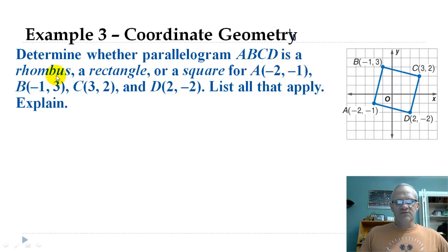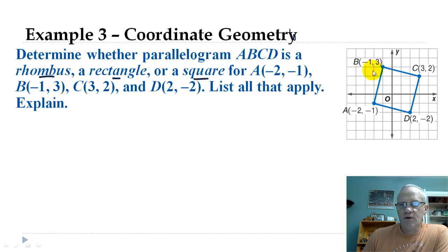So all we have to do is think about what's the difference between a rhombus, a rectangle, and a square. And again, there could be several different ways to do this. But let's think about what's different between maybe a rhombus and a rectangle. A rhombus has all 4 sides congruent, but a rectangle doesn't necessarily. If you use that method, you wouldn't have to find the distance of all 4 sides,